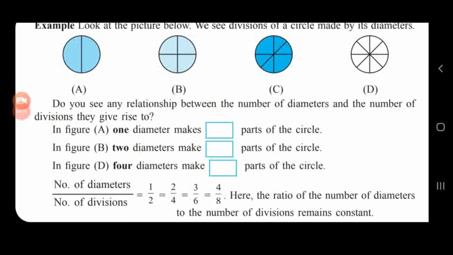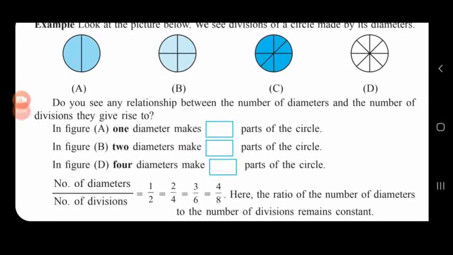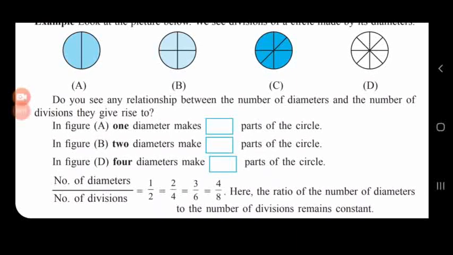So simply, direct proportion is that proportion in which if one quantity increases, the other also increases, and if one decreases, the other also decreases. And the second important thing of direct proportion is that the ratio of two quantities remains always the same or constant. By using this, we have to solve examples.